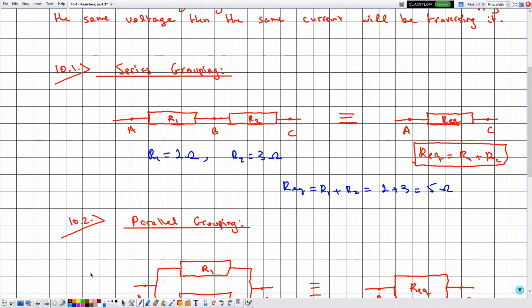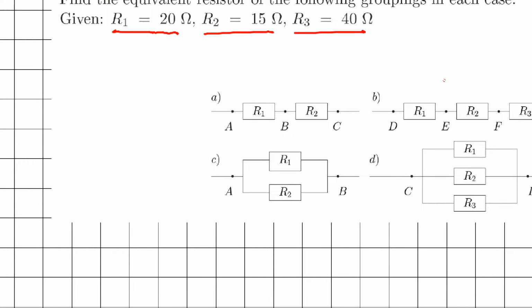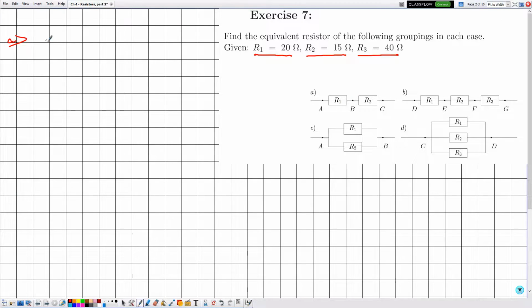And now let's solve the following exercise as a direct application on what I have explained. Exercise 7. They are telling me to find the equivalent resistor of the following groupings. In each case we have the value of R1, R2 and R3. Let's start by the part A. So notice that in the part A we have 2 resistors that are in series because they have one terminal in common, which is the point B. So always from the early beginning we need to mention the type of a grouping. So here we need to say that R1 and R2 are in series,